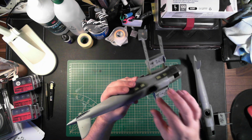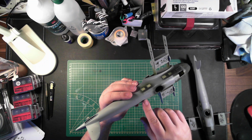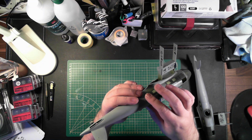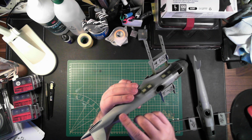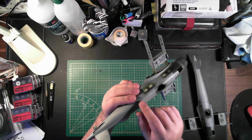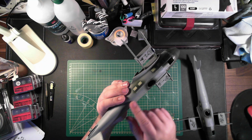What I did find when I was gluing the fuselage halves together was that the locating pins and the holes for the pins didn't quite fit well, so there was a lot of resistance there. So what I had to do was go along and open up the holes for the pins with a mini drill in a pin vise drill there. So yeah, I'm just going along preparing these before I move on to the next step,